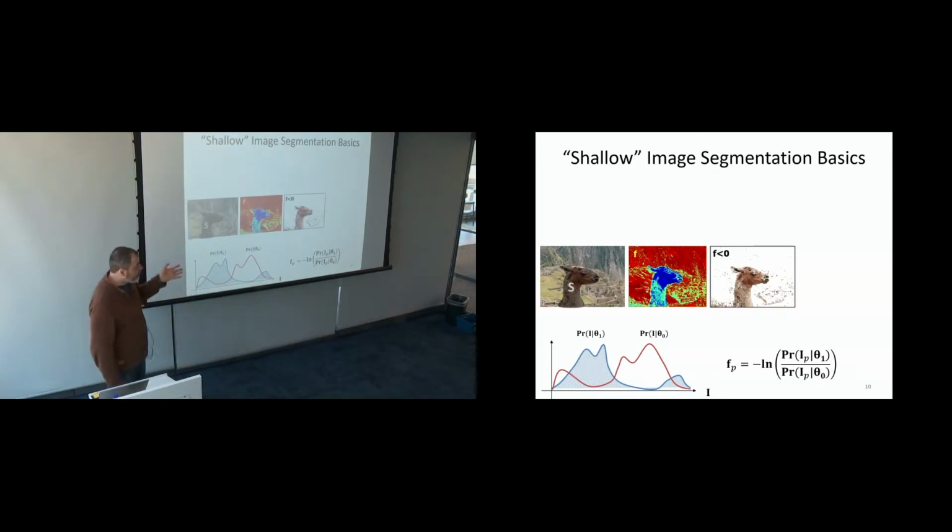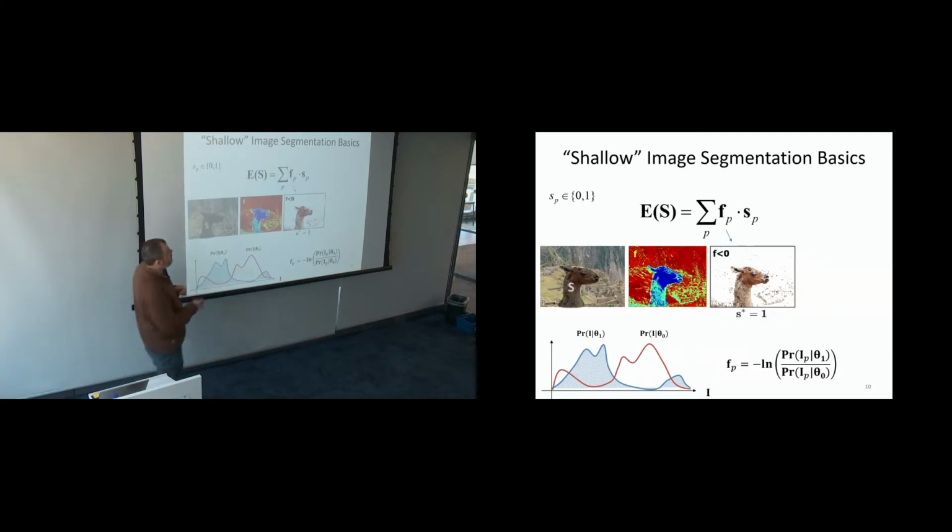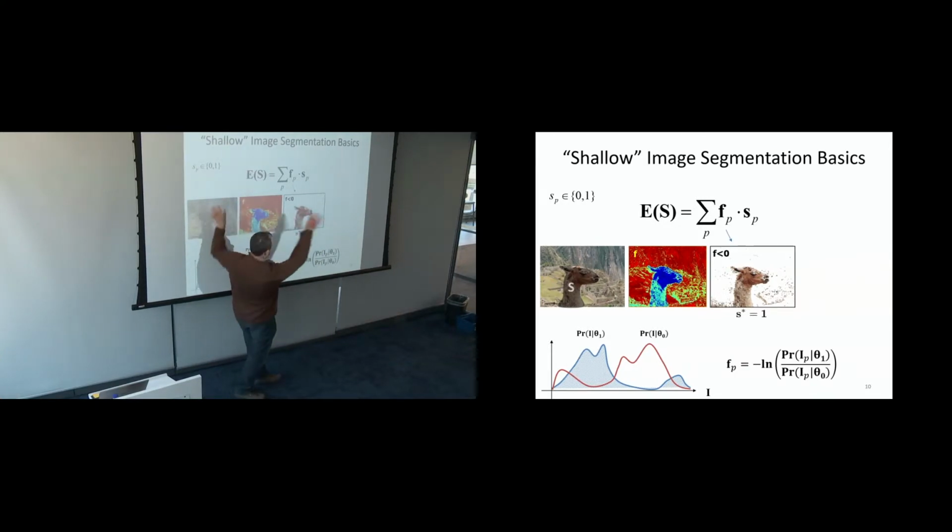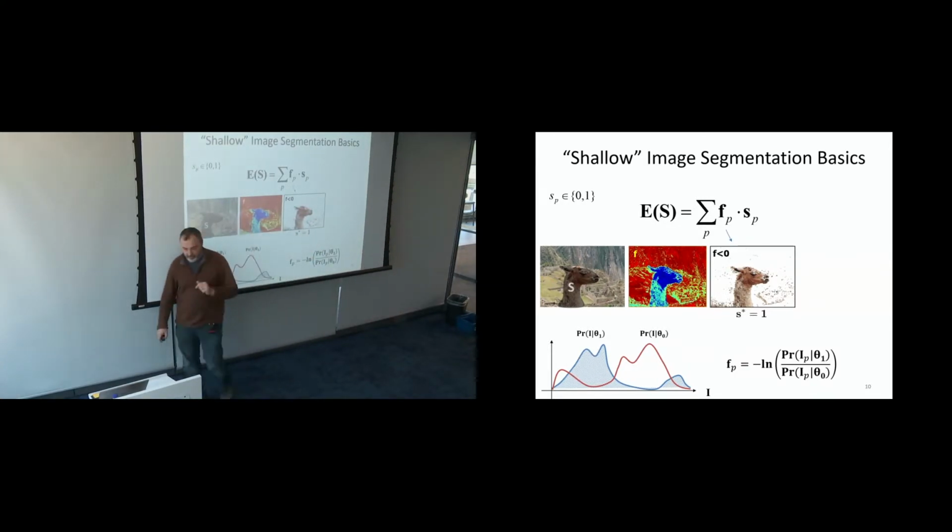But now, instead of showing this as a log likelihood ratio, I want to show this as an optimization problem, because I'm moving towards optimization. How do you convert this log likelihood ratio test to optimization? Very easy. I'm just summing over all points. These are my variables at each pixel, 0 or 1. I have to decide whether 0 means background and 1 means foreground. And these are those scalars. So it's a dot product between those and the vector of segmentation variables.